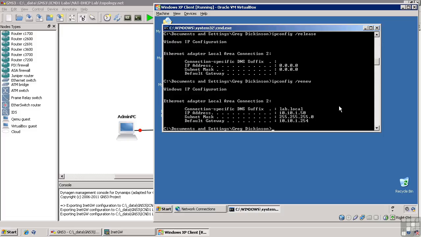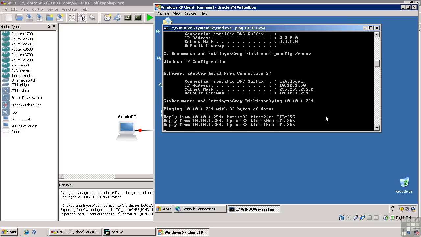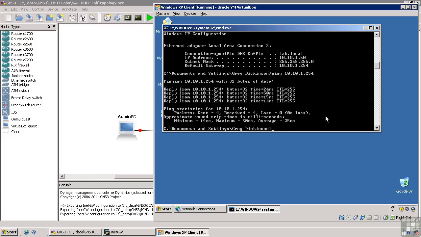So now we should actually be able to ping 10.10.1.254, which is our default gateway. So we'll do ping 10.10.1.254. And there's our default gateway replying. Now we can't ping out to the internet yet because routing says that the internet doesn't have a route to get back to us. We're going to configure NAT here in just a few videos, but first let's go and